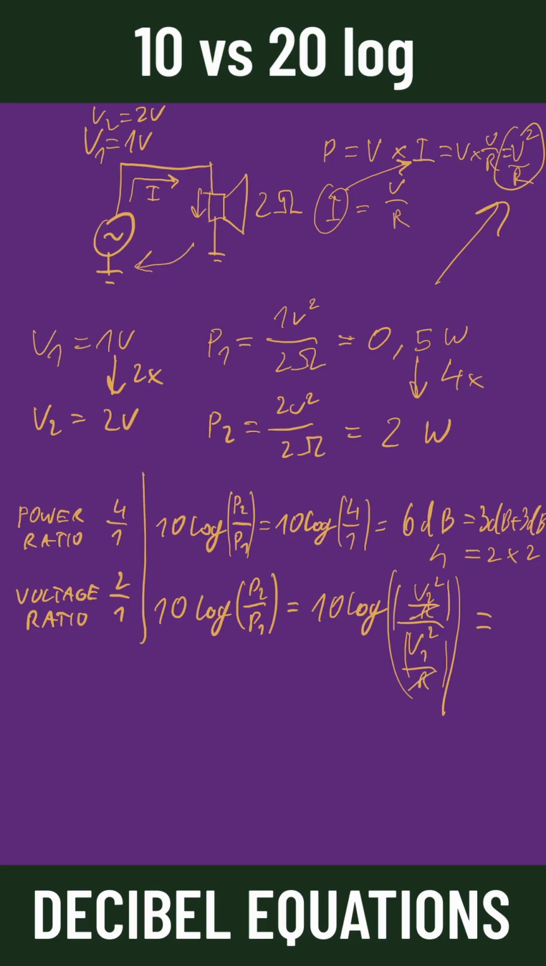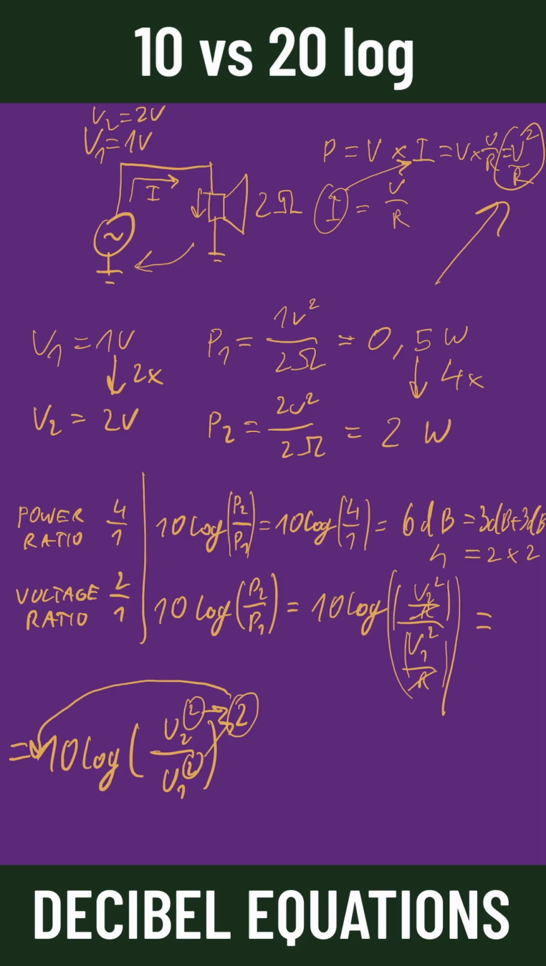So we're left with 10 logarithms of V2 squared over V1 squared. And we can take these two squares, put them here, and by properties of logarithms, it can go to the front, becoming 2 times 10, and hence the equation for comparing voltages, as we did here, V2 to V1, is 20 logarithms of V2 to